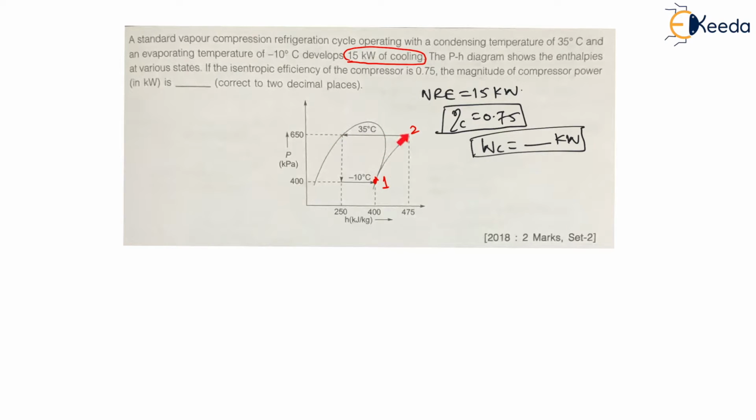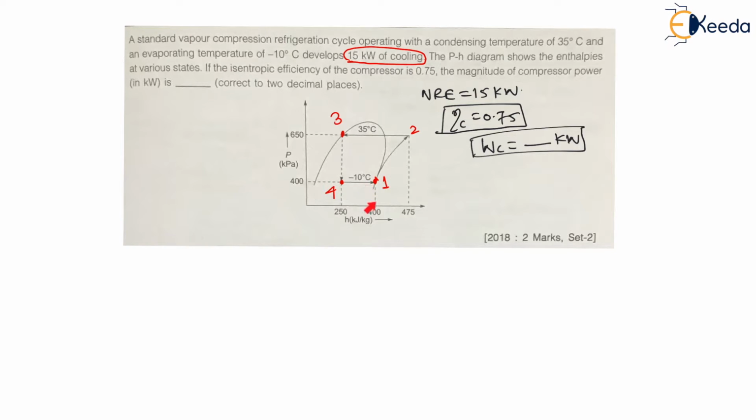Now 2 to 3 is the condenser. Therefore here will be the 3 condenser, and 3 to 4 will be the throttling. Here point 4 will be here, and again 4 to 1 is the evaporator, right? This is your standard VCR cycle, and in the standard VCR cycle 1 to 2 is reversible adiabatic compression, right? But there is actual compression, they have already given there is an efficiency of compression, right? Now my dear students, here net refrigerating effect is nothing but the evaporator load, that is from 4 to 1, this load is called the net refrigerating effect.